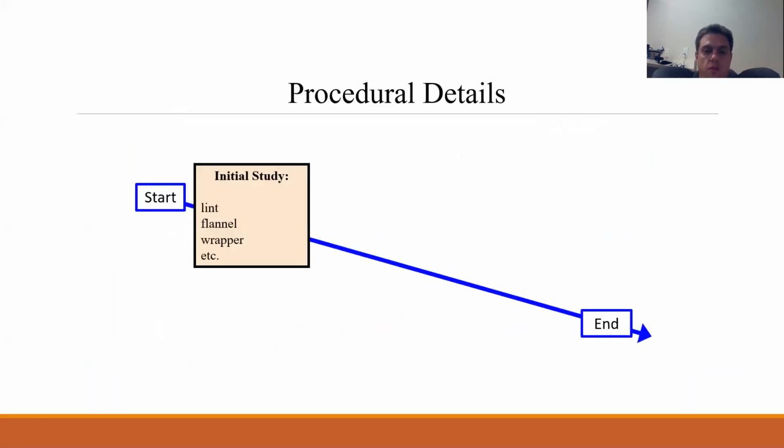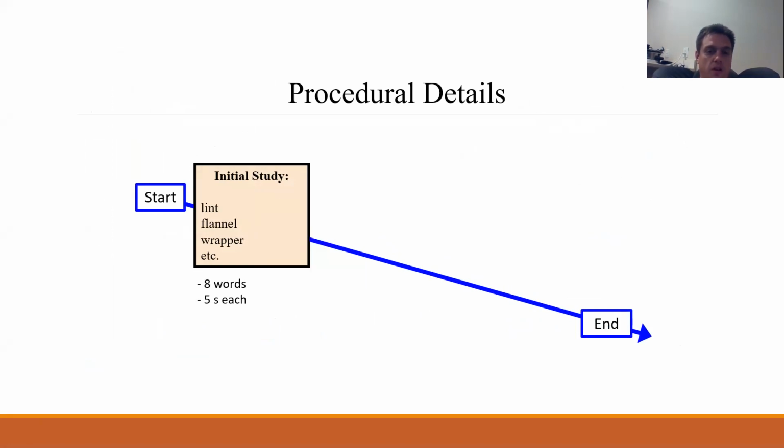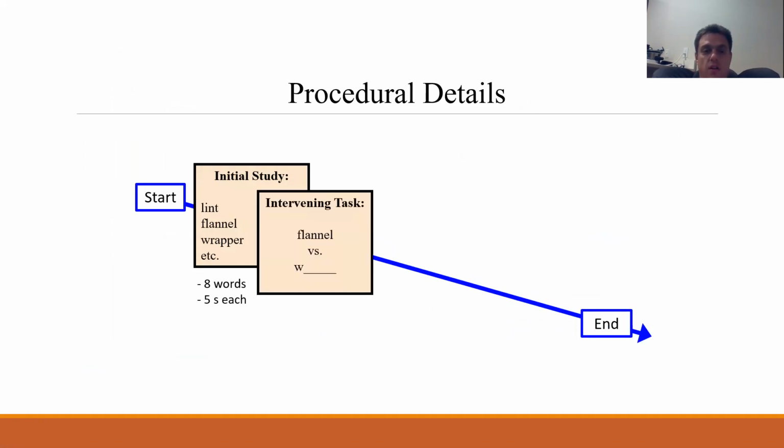Okay, so just to go into a little more detail with specifically what we did, I think there were 8 words per block or per set. You got 5 seconds each to study them. Then the intervening task. Now, one thing that was different that we did, or sorry, half of them would be intact, half of them would be just the first letter.